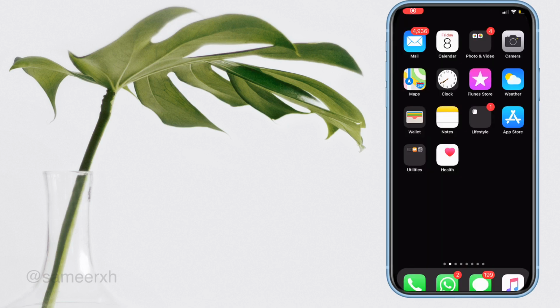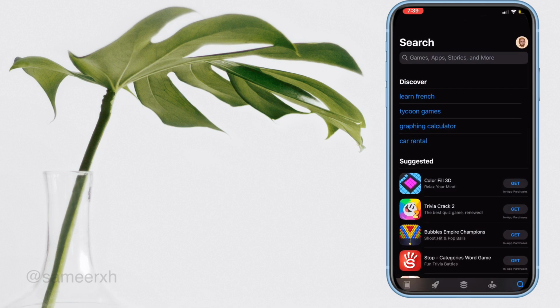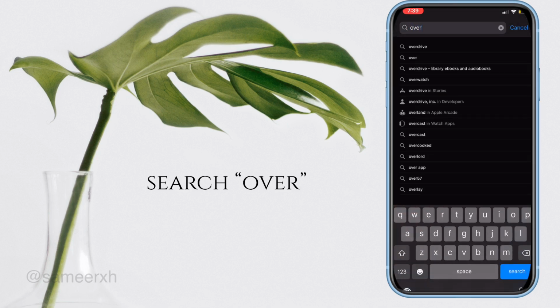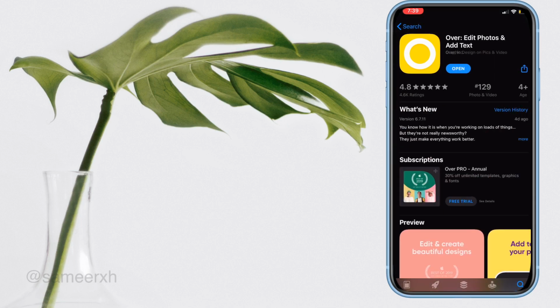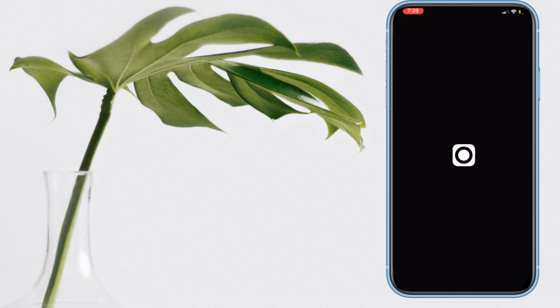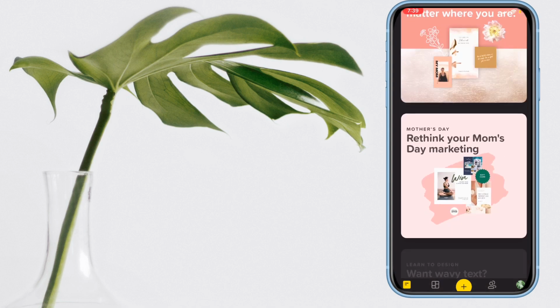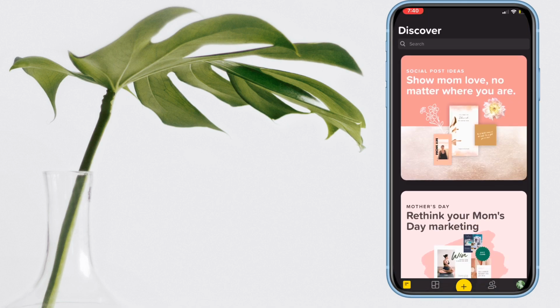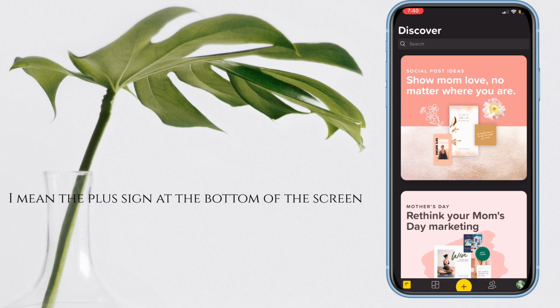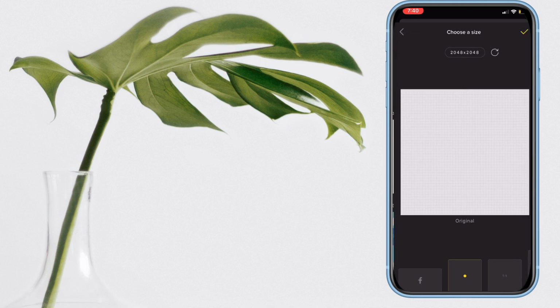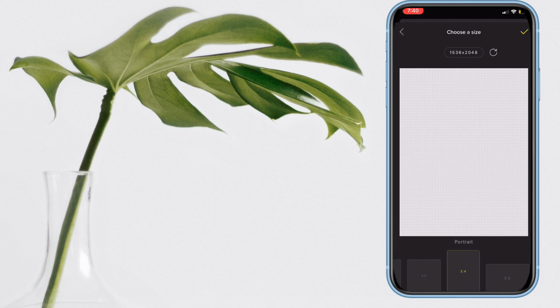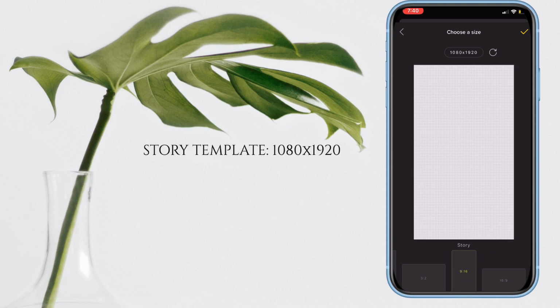So what you're going to have to do is go on your app store and search for the app Over. And I already have it downloaded, so I'm just gonna go ahead and click open. Once your app opens, this is what it's gonna look like, and what I'm gonna do next is click on the yellow button in the middle, and then you click on the transparent background and you scroll towards the story background, the 1080 times 1920 template, and you click the check mark at the top,